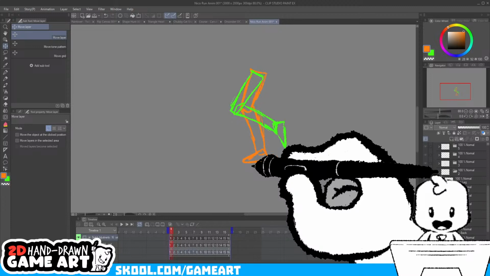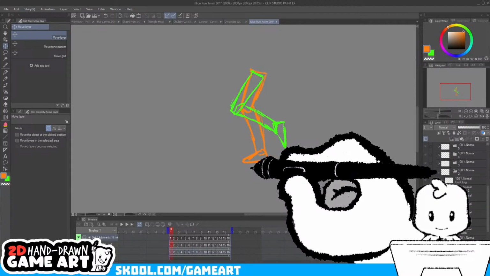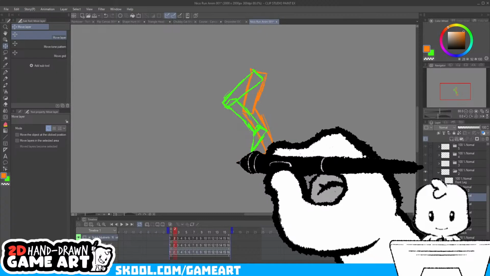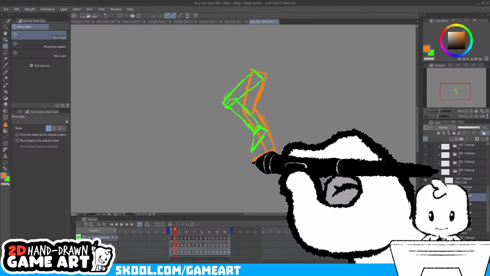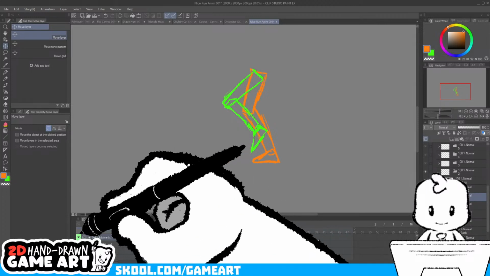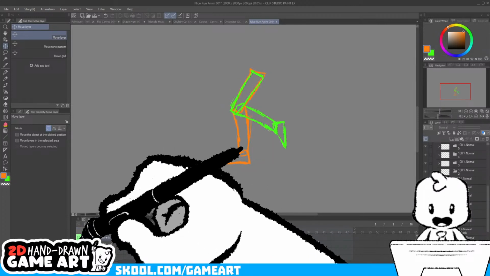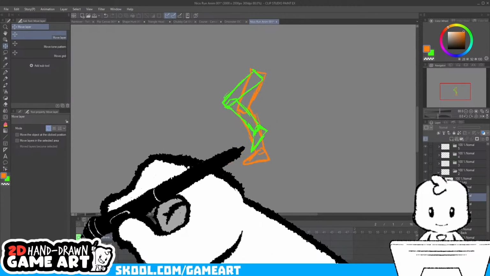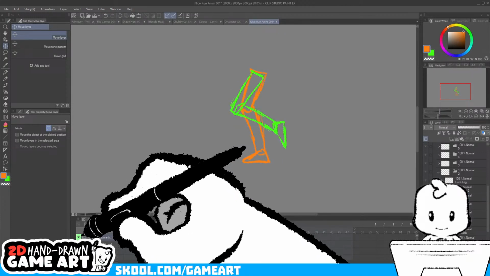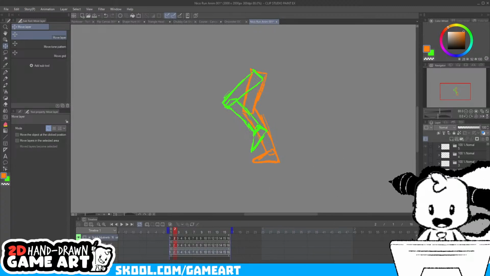I'm going to check our frames. So this is now sliding back in a much more satisfying way, I feel. And if you want to look at that, we can go to the previous layer. This is frames 1 and 2 before, and now this is frames 1 and 2 now. So we're going to keep on going.